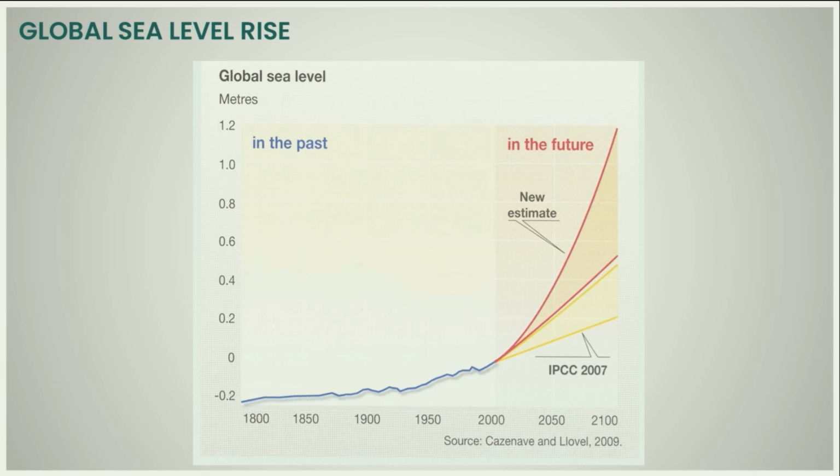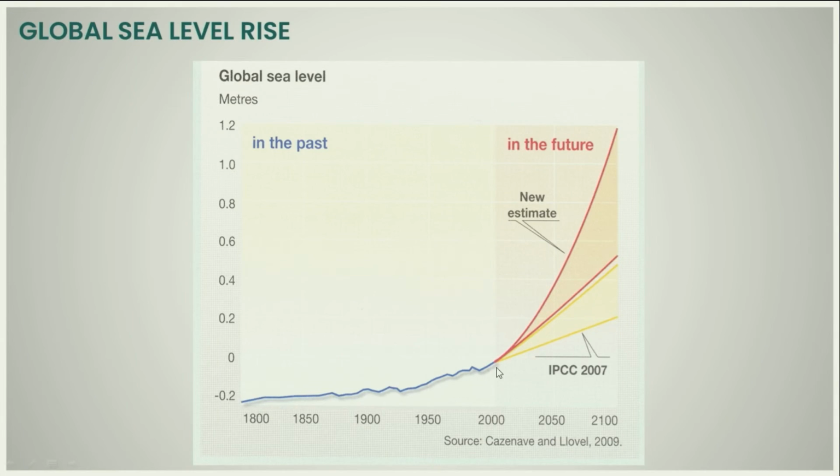global sea level is now determined by the amount of ice held in the Arctic and the Antarctic, on the Greenland ice sheet and the Antarctic ice sheet. As the temperature warms up, that ice starts to melt, and the melting of that ice causes global sea levels to rise. Now we see that sea levels were rising slowly right through the 20th century, but now they've taken off, and the predictions caused by us continuing to emit